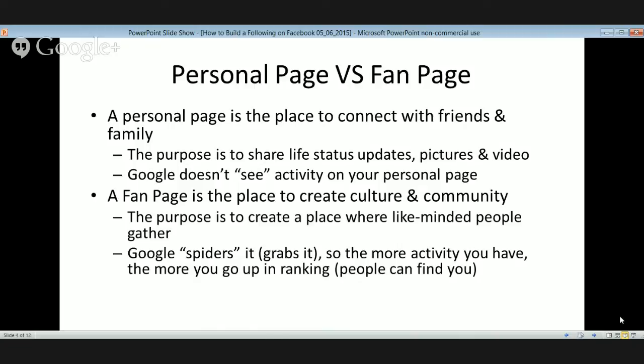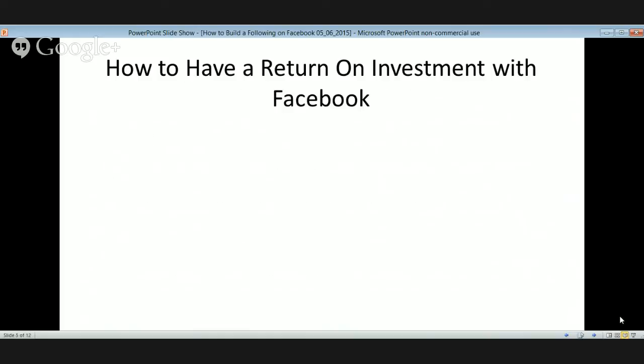Again, people can find you. If you Google Emily Quisenberry, the first thing that pops up is my blog. The second thing that pops up is my Facebook fan page. And then you can see me on Twitter and on Google Plus and YouTube. So what I'm doing is leaving a pretty nice footprint on Google for people to find me, because I have content that can help people who are in home business. Probably how you found me.